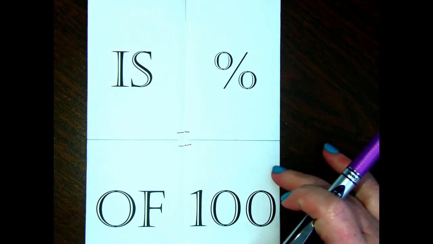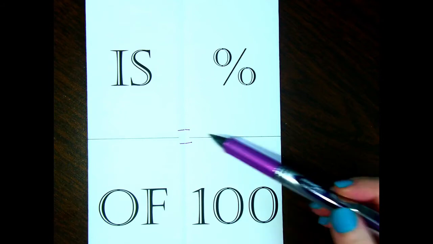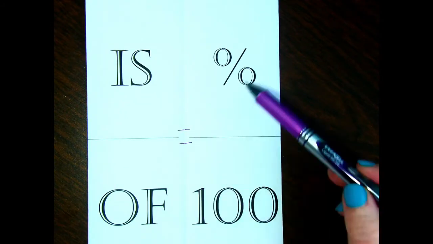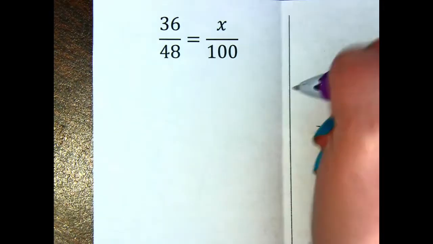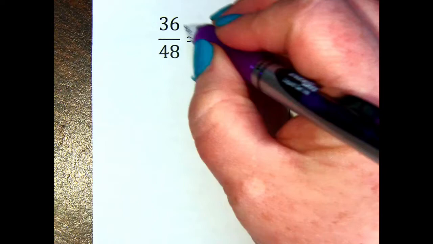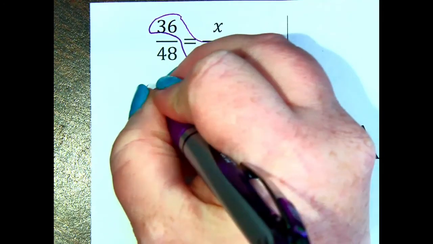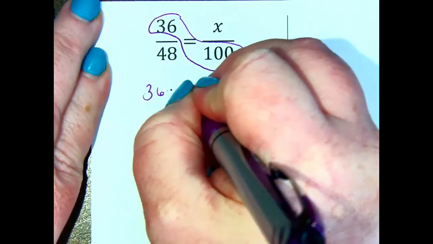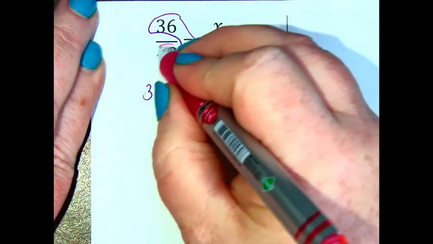So this is the percent proportion, and we are going to solve problems using percents, using the formula of is over of is equal to percent over 100. Our first example is just going to be a review of how to solve proportions using cross products. So to do that, I take 36 times 100, and I set it equal to